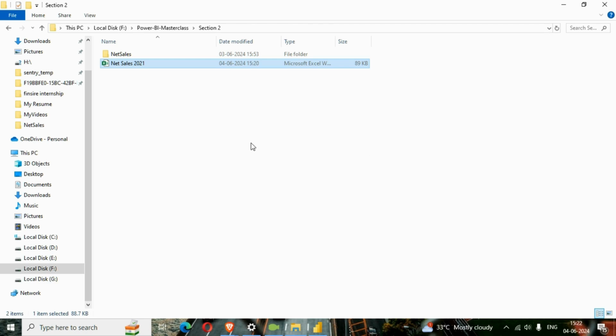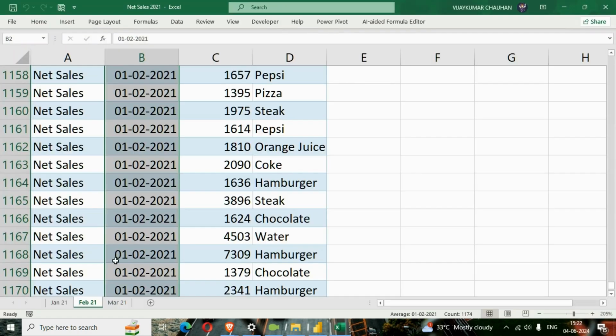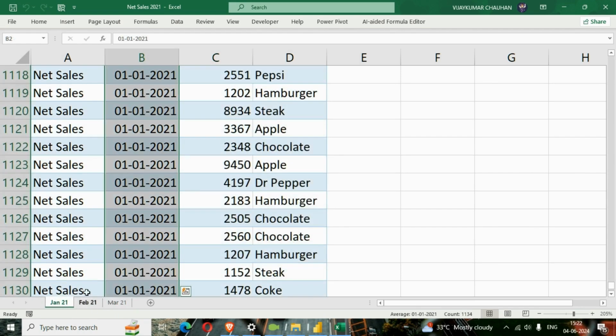So let's open this file so you can see what we have here. You can see we have each month's sales information as a sheet. So the idea is to load the latest file. The latest file is always the first sheet. In this case we have January 2021. That's the first sheet. But let's see how we can solve this scenario, so that we can load the latest